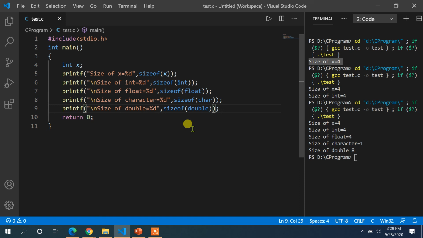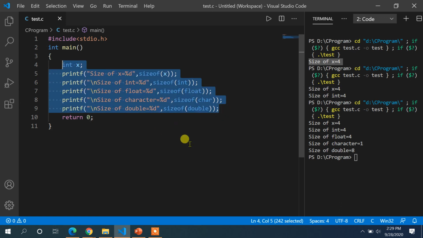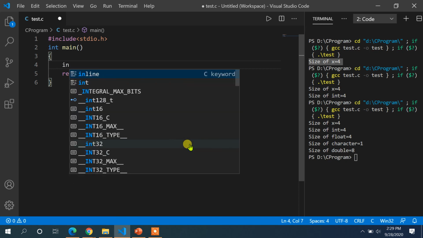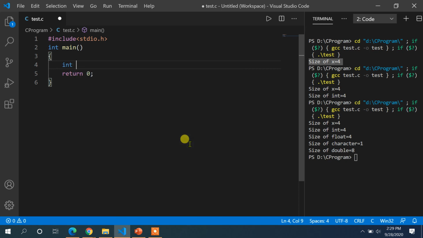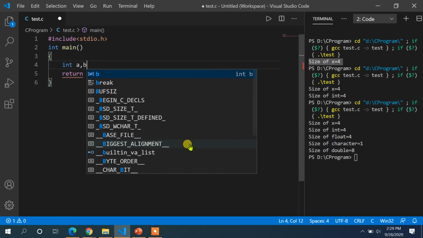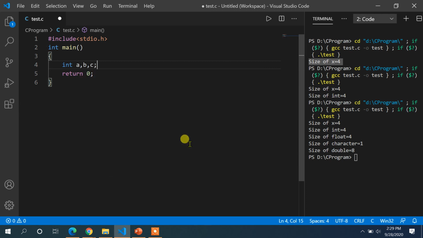Now let us understand how we are going to use the comma operator. You have already used the comma operator in your programs, like when declaring multiple variables. So let us use that here too. Suppose I write int a, b, c. I want to create a program that will show the addition of two numbers. Again, you see the interesting fact about the comma operator here. Suppose I write c is equal to, inside this bracket, a is equal to 20, then comma, b is equal to 30, then a plus b.